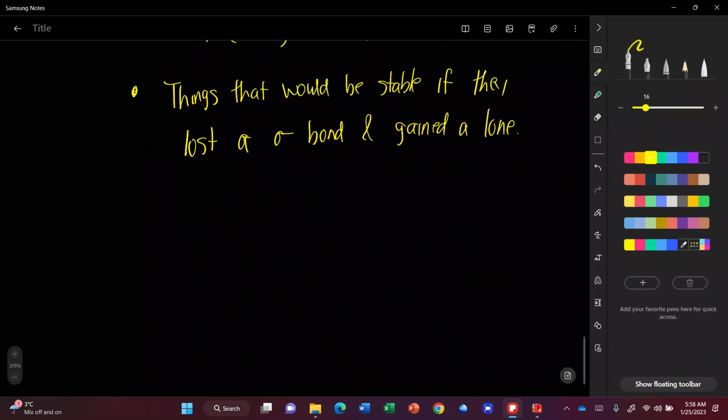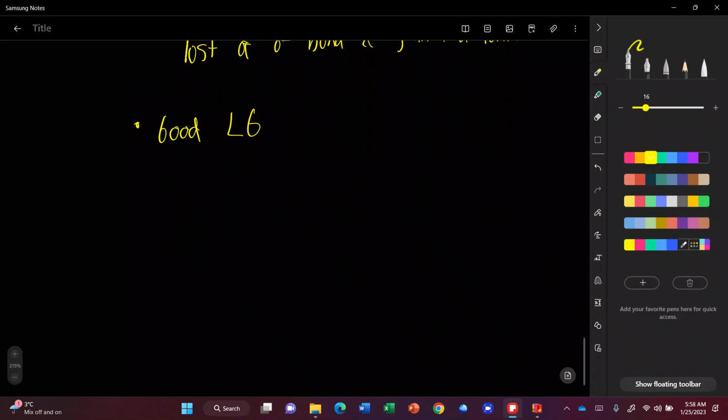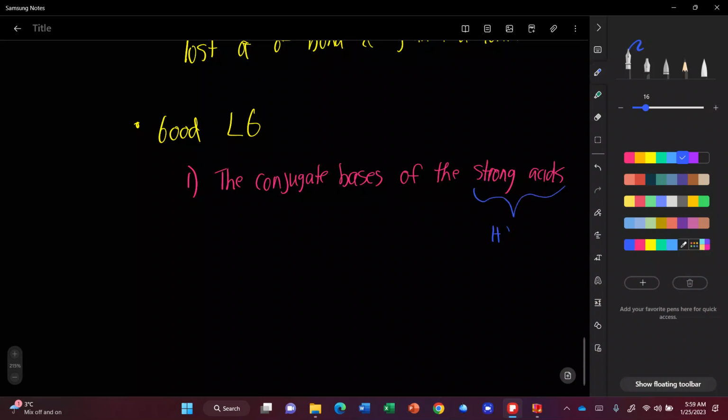So how do you figure out whether or not something would be a good leaving group? There's essentially only really 3 types. Good leaving groups are the conjugate bases of the strong acids. If you do not remember the strong acids from Gen Chem, that's totally fine. I'm going to write them down for you. The strong acids are HCl, HBr, HI, H3O+,